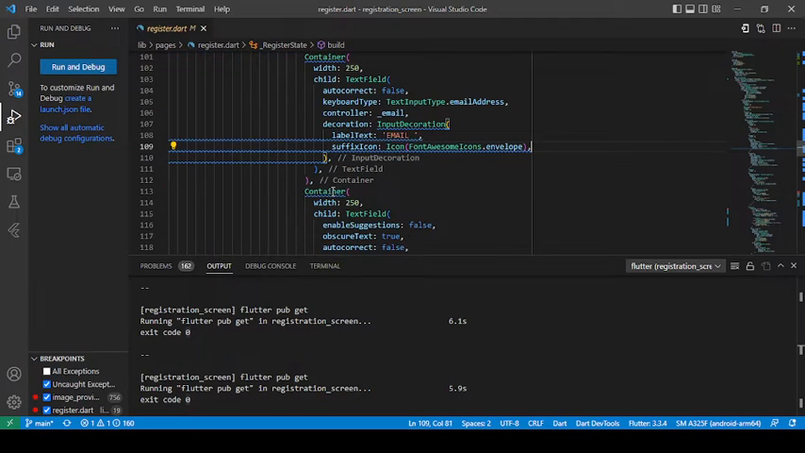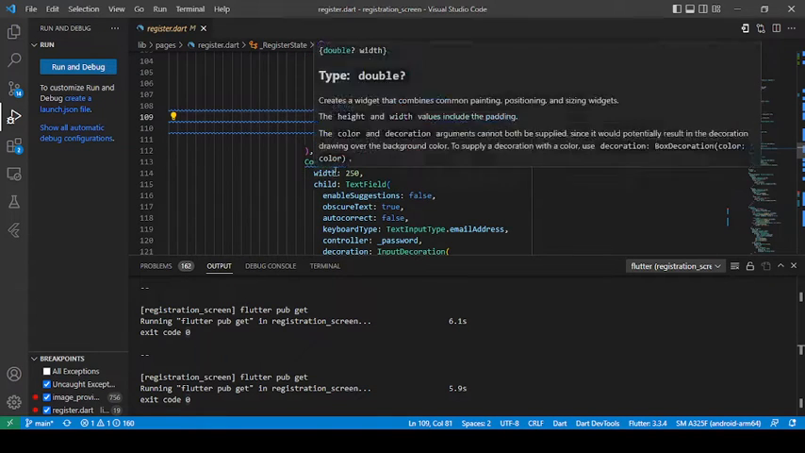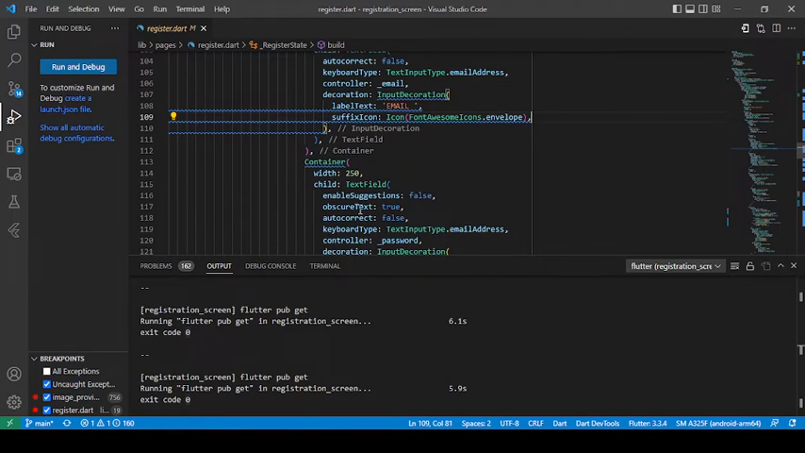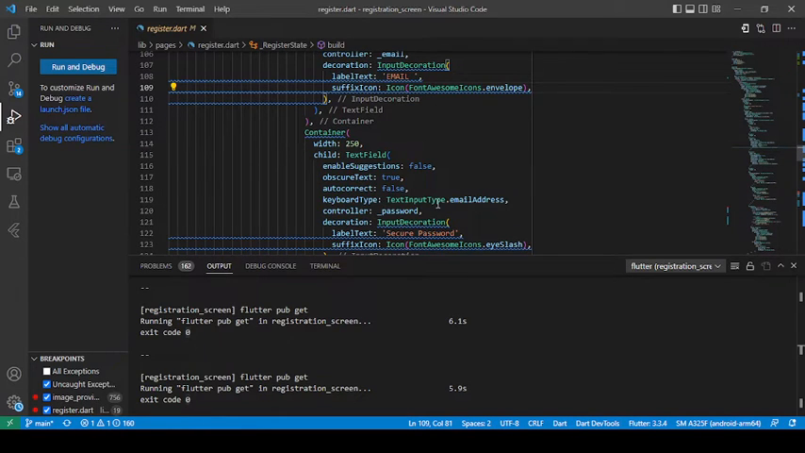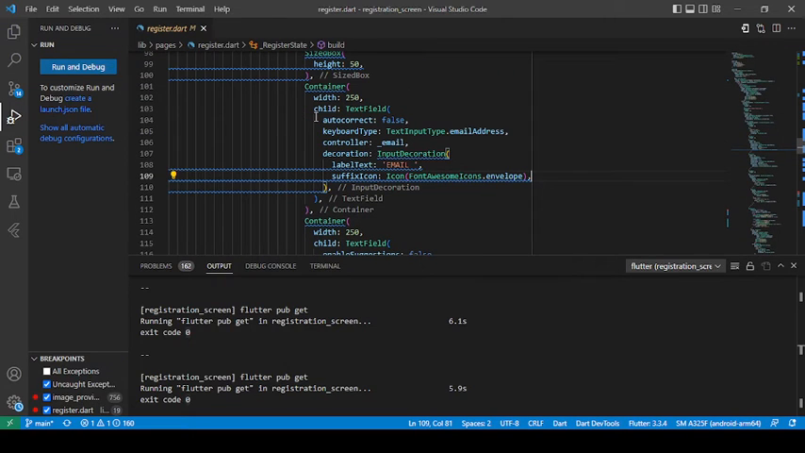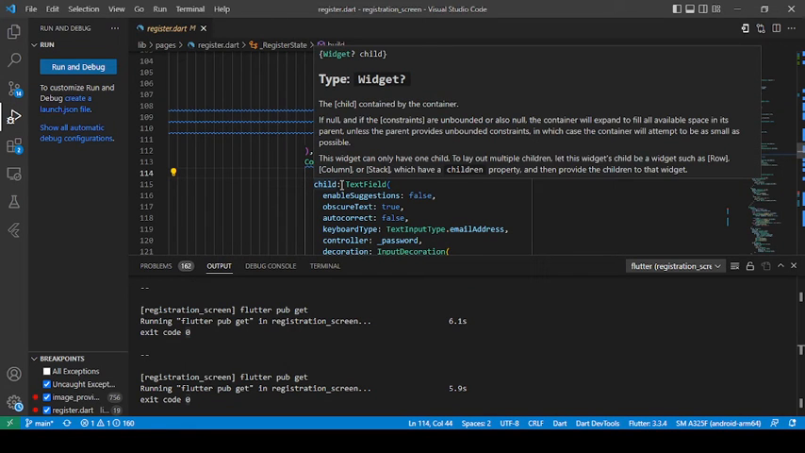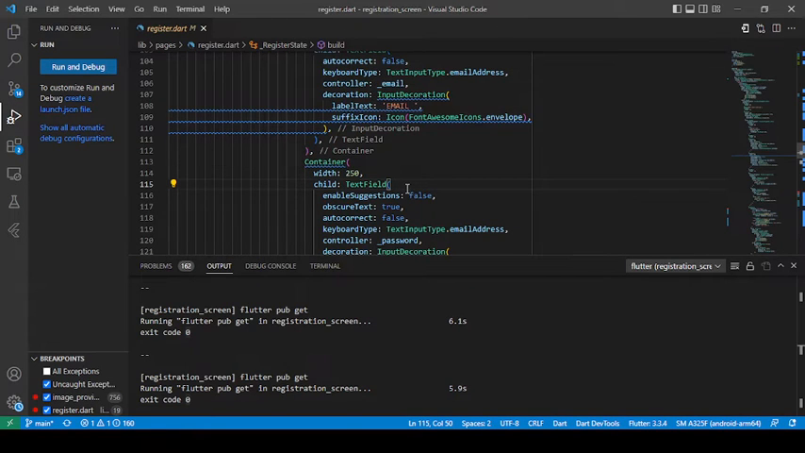So after that, we have another container. So I make it 250, text field, enable suggestion false, obscure text true, autocorrect false, keyboard type. So okay, the container is width 250. So we are having like a container that will be long. We expect an input, so it should be long, and the width is 250. And that makes sense. The child is a text field. We expect a text, and